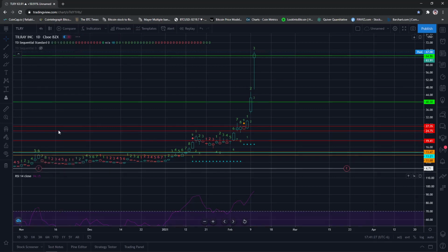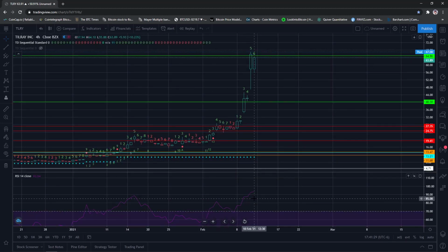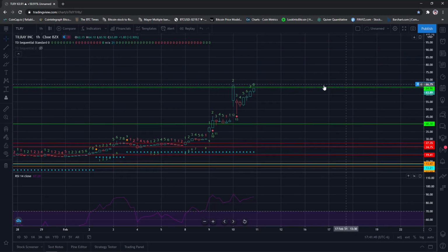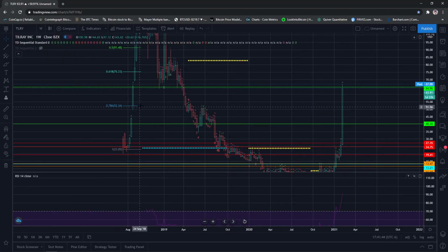But what is this telling me? I mean, that's past price action. This is telling me that we can still go higher tomorrow, but that opening hour is going to be extremely important because we're going to get a 9, and we could see it run up tremendously. Like I said, that 75 area right here is probably going to